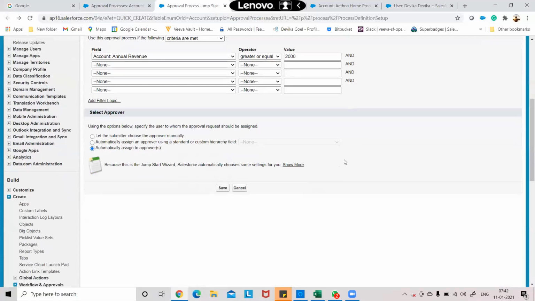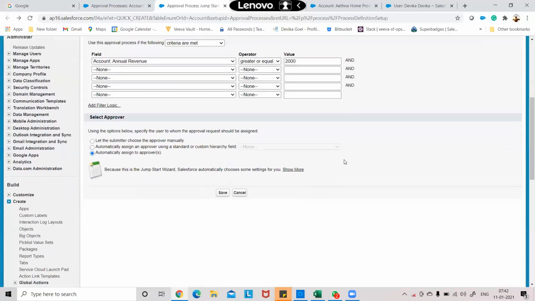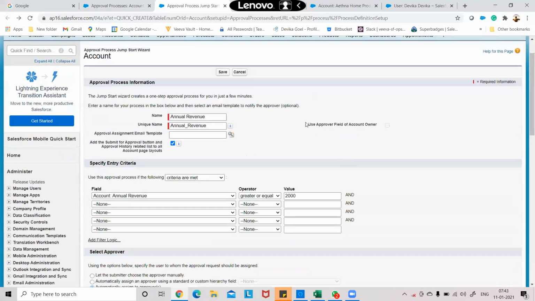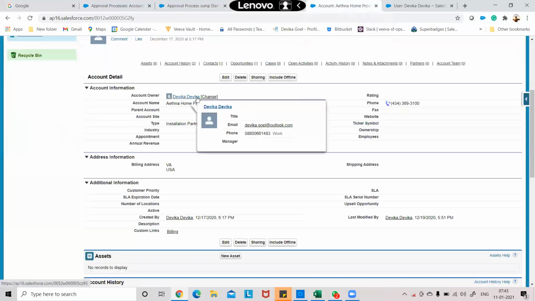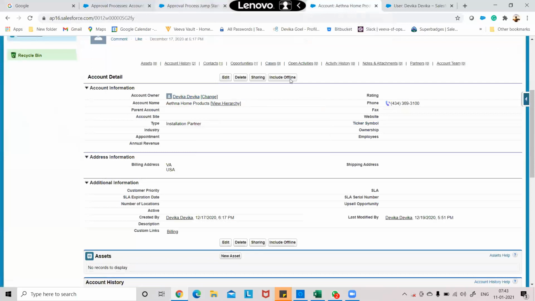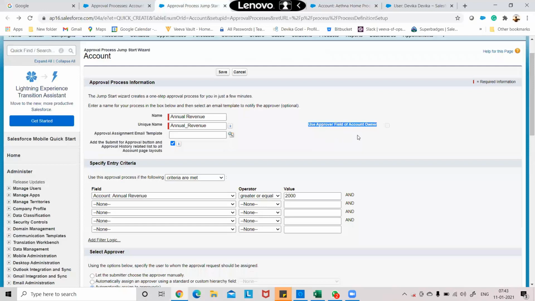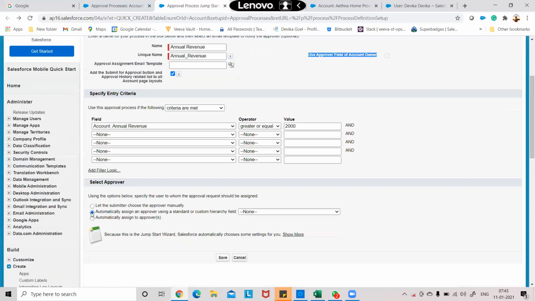The checkbox that is disabled now at the top right, use approver field for account owner. So when is it useful? It is only for the account owner. Account owners are those who create the account. Like I am the account owner right now. If you can see here, account owner is me for this particular record. So if I say use approver field of account owner, the account owner would be the approver for this particular one. So it only comes up